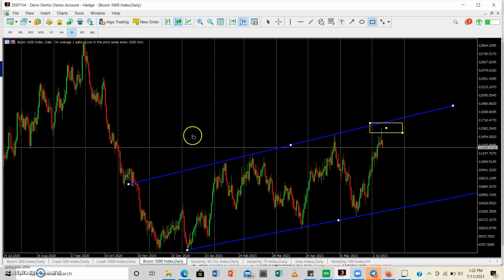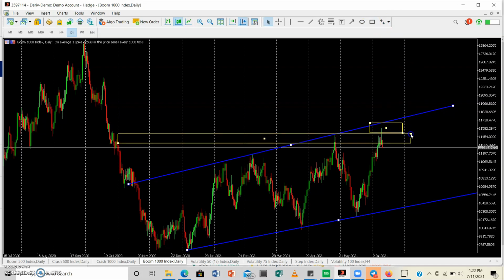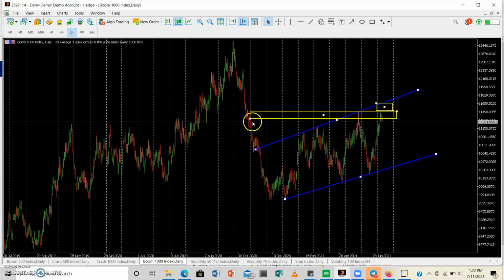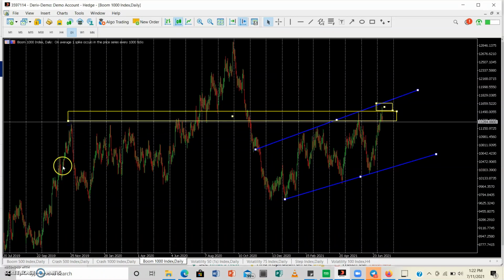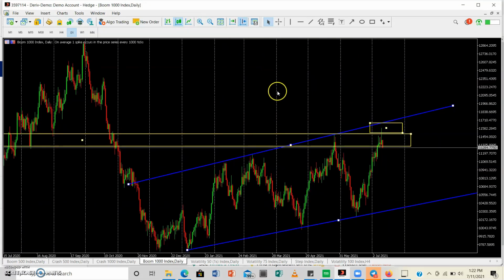At the same time, this structure was a strong resistance structure. We can see it even if we go a little bit back from what has been happening to price, and it's a very much important zone. Even if you go all the way to last year, we are experiencing the same thing at that level. So this only tells me one thing, that the bulls are now failing to keep pushing the market up. So I would start looking for sell opportunities at this point.